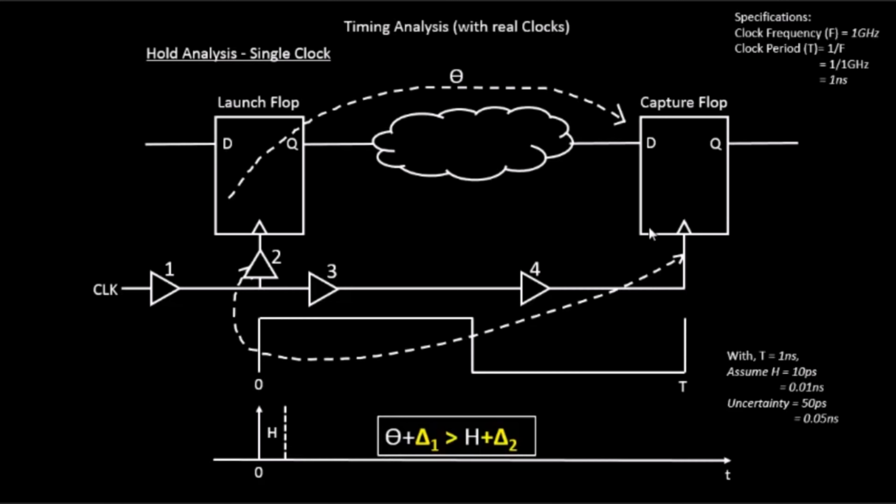Okay, and the capture flop on the other hand, whenever it receives a clock edge over here, it has already some existing data which it has to send out of the capture flop. So there is some amount of work that is involved within the capture flop, and that time required for the capture flop to do that amount of work is nothing but hold time h. So the capture flop requests that you please hold your data unless and until I finish my work. It's as simple as that.